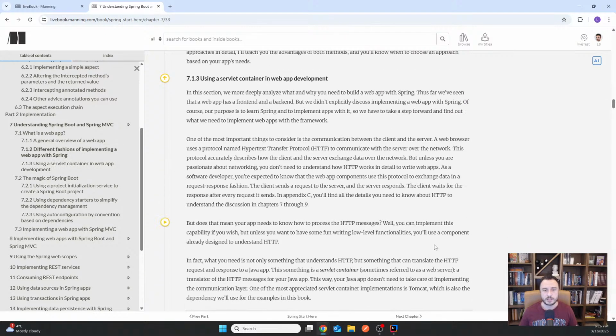Okay, but let's go further and talk about the next thing. So regardless of what is the fashion in which you implement the application, whether you just serve the entire HTML, CSS, JavaScript, and you allow the browser just to interpret it, or you give more responsibility to the browser, you still have to